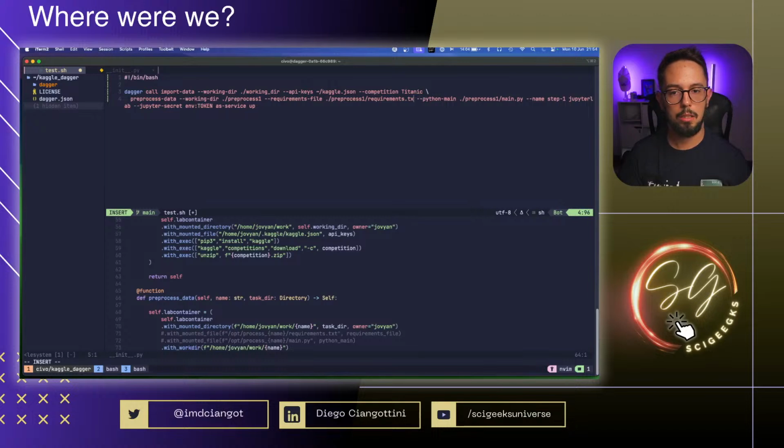But this was the old implementation, so what it is taking as argument is taskdir preprocess 1, and then the other argument is name preprocess 1. Right, cool. So this is everything for this step,